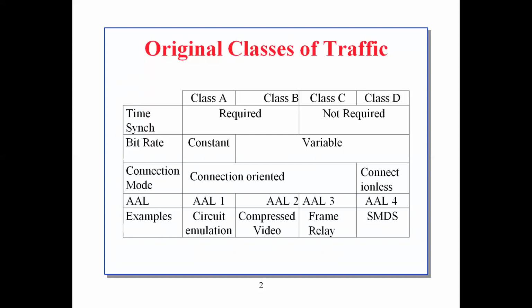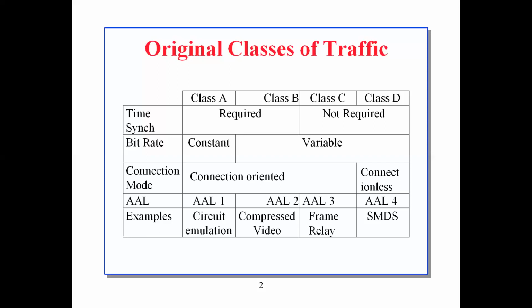Next, class B. Class B corresponds to the transport of information that would be of the circuit type, but that has been compressed so that the flow rate becomes variable. This class carries applications with timing constraints such as class A, but with a variable flow. It contains all the applications of telephone speech and compressed video. Next, classes C and D, which allow transmission without adding any additional functions except possibly error checking.